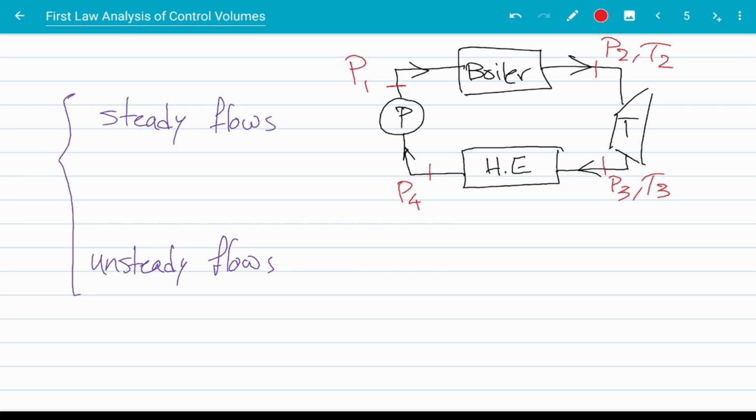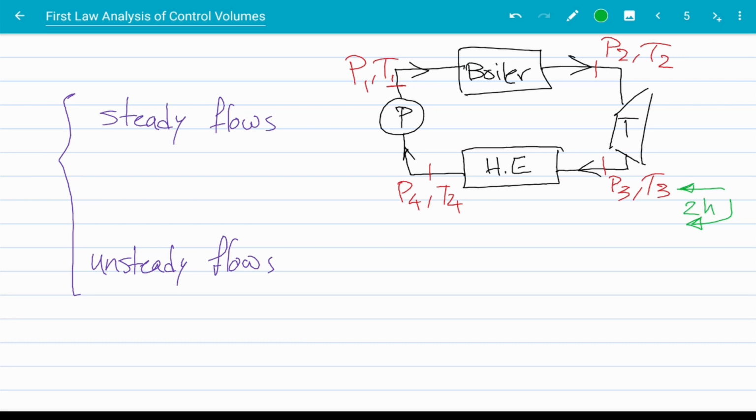And after the heat exchanger, the same, P4 and T4, and this was P1 and T1. Although these pressures and temperatures are different across the system, across different locations throughout the system, at any given time, if I come back and measure any of these at the same exact location, I will read more or less the same number. For example, if I read pressure and temperature 3 at this location, and then come back 2